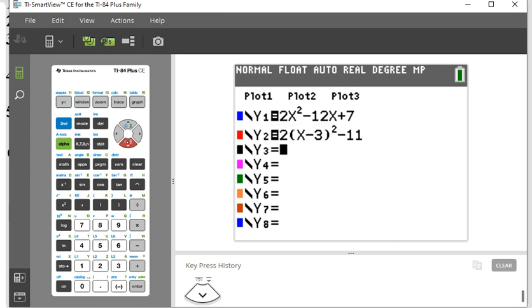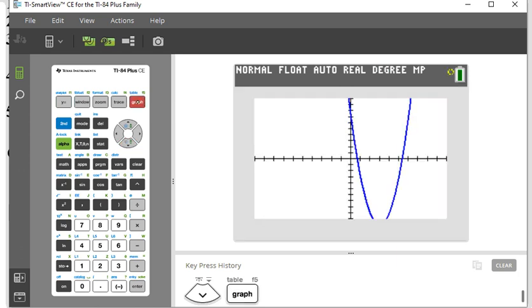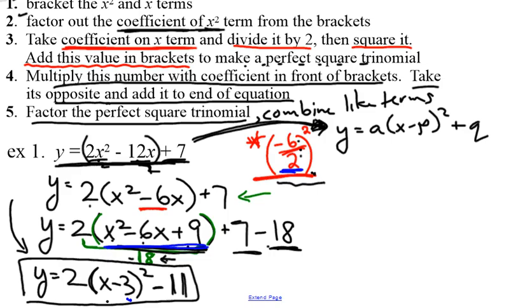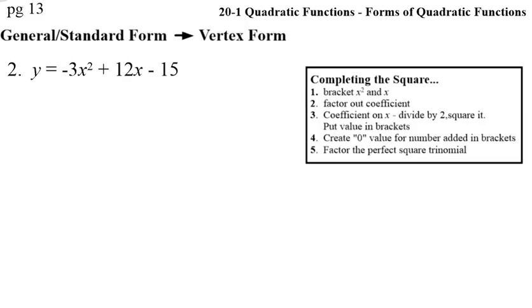So we started with the general form. We've come up with a vertex form. If we graph it, bang. Now I can't see all of it, but that's not important because I saw that it's directly on top of itself. Same quadratic parabola from 2 very different looking equations. So that's how you can do a quick check. Here we go. Let's try another one. Lots of practice with this. So number 2,